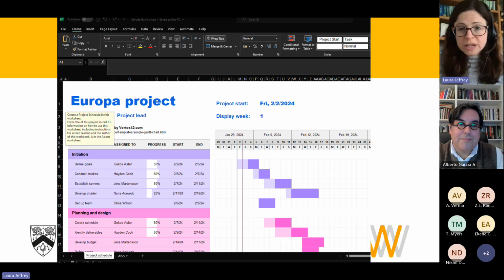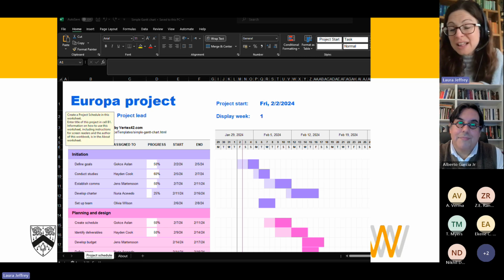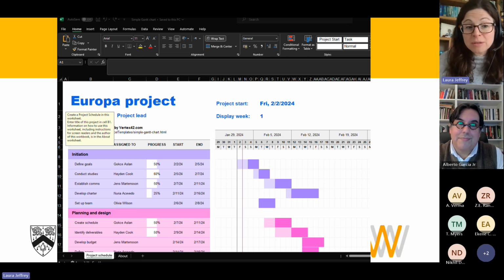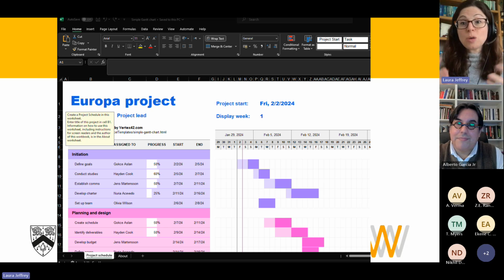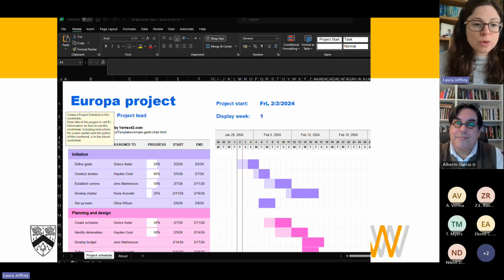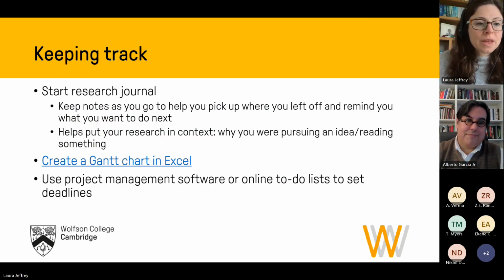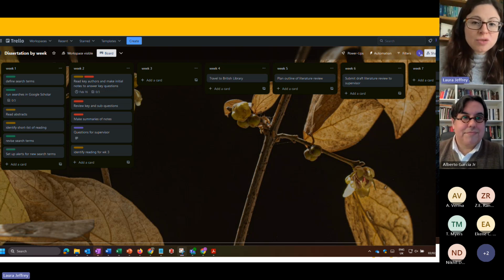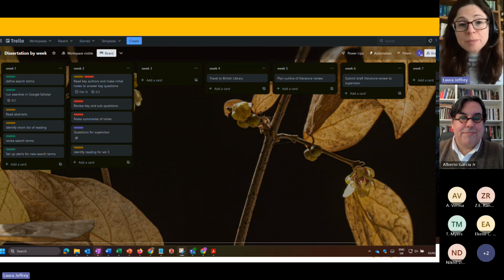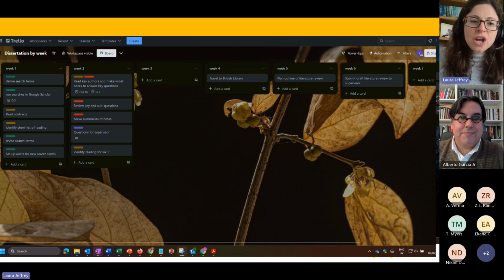There are lots of tools out there that can help you with this, but actually on Excel, there are some really nice templates that you can just download. You can then tweak them to your own particular needs, put your own date ranges in there, and it just holds you accountable. Yes, like I said, it stops there being surprises around the corner. There's also lots of other bits of project management software out there as well. Trello is something that we've used in the library and that I've used as well for top level